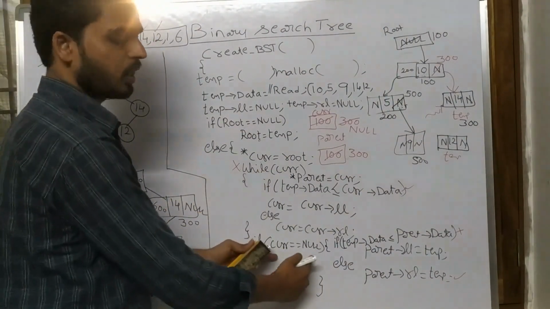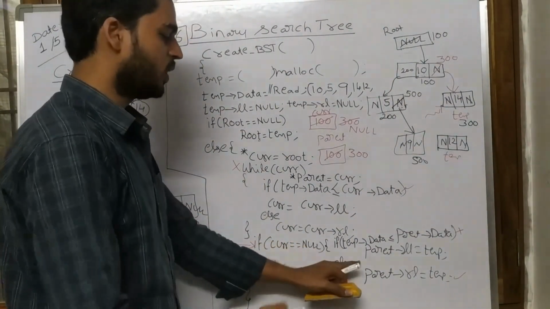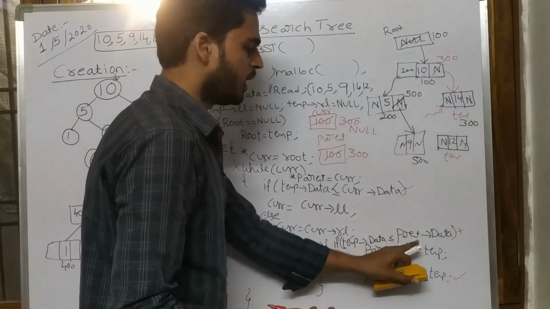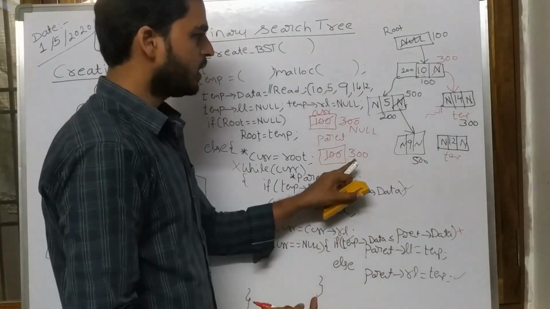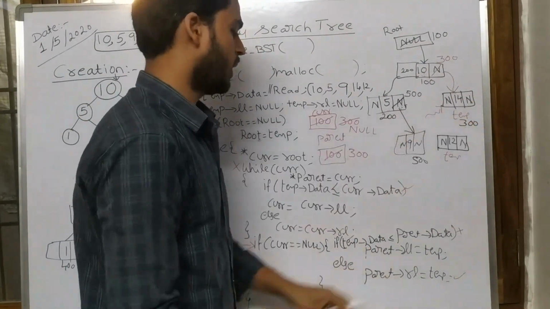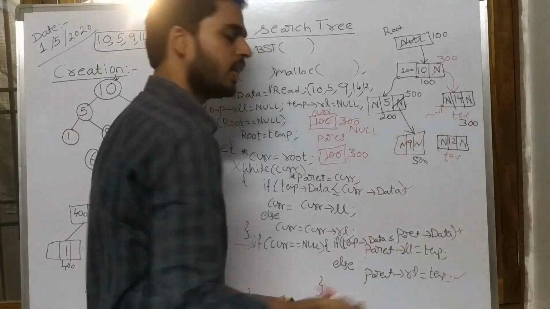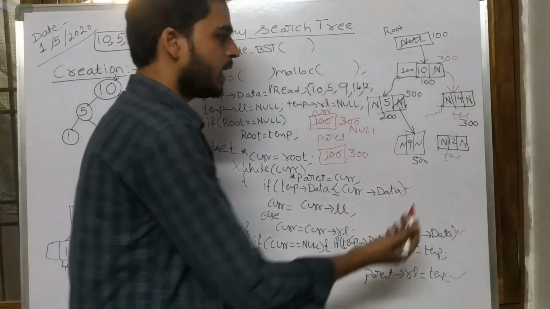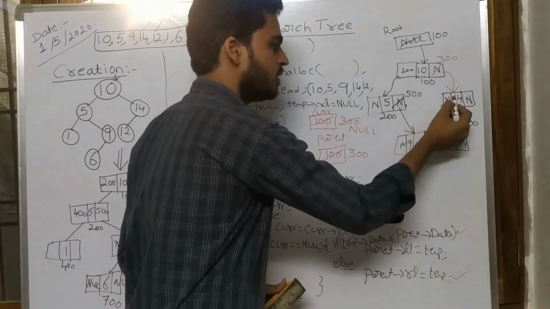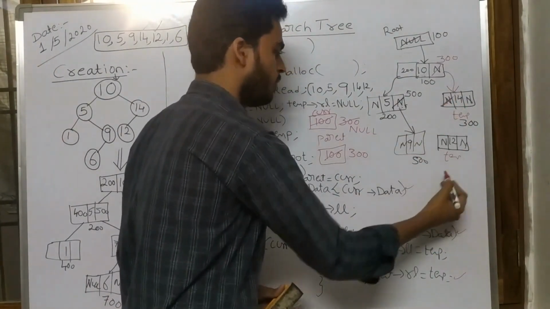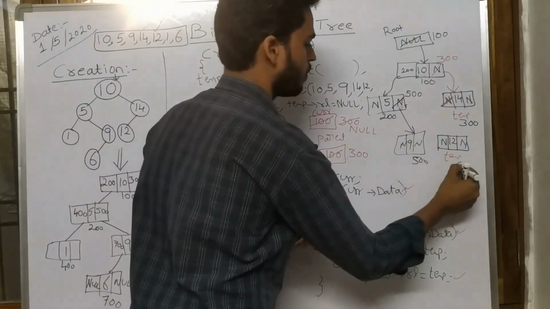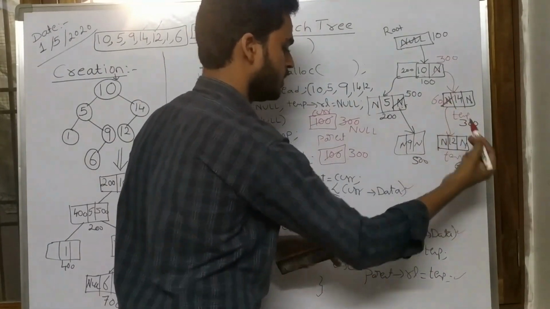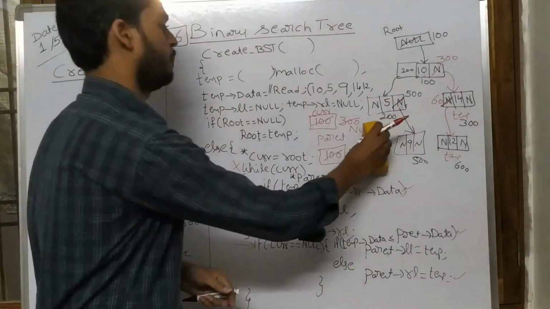It comes out of the loop. And is current double equal to null? Yes, it's true. When it is true, it is going to execute this statement. If temp's data, what is temp's data? 12. 12 less than or equal to parent's data. What is parent? 300, right? So 300's data is 14. So is 12 less than or equal to 14? Yes, this condition is true. When this condition is true, parent's left link. What is parent's left link? Parent's left link is this one, equal to temp. What is temp's value? I am simply writing that this address is 600. So parent's left link is 600, so that it will be connected like this, and it will exit from the program.